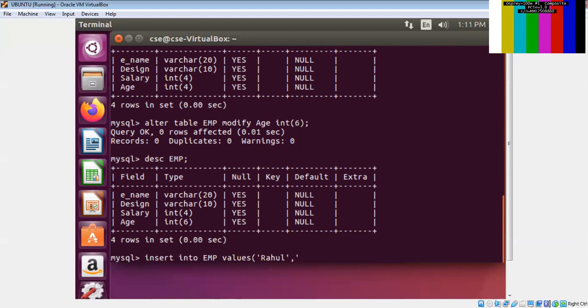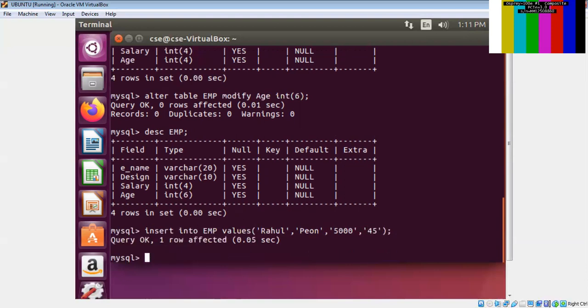Suppose it is Pune. Then suppose his salary is 5,000. Then his age is suppose 45. Yes. So the record is inserted. We'll see the table now.